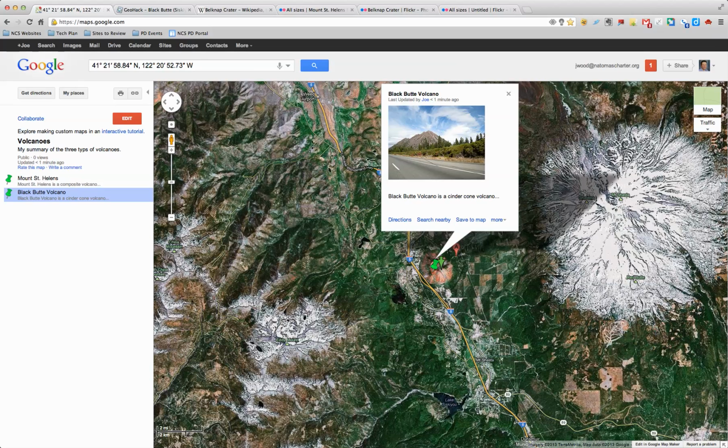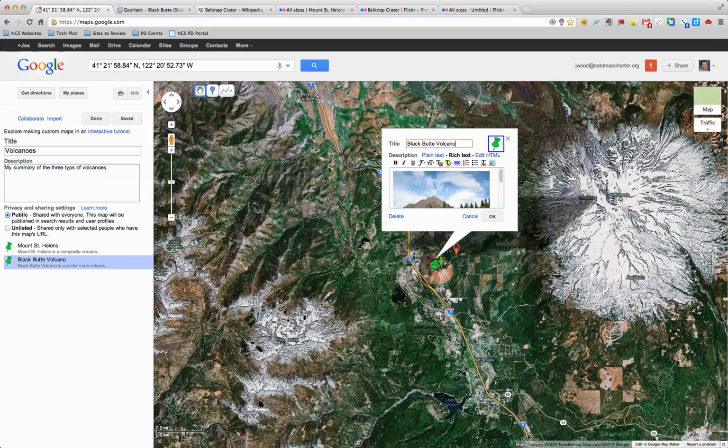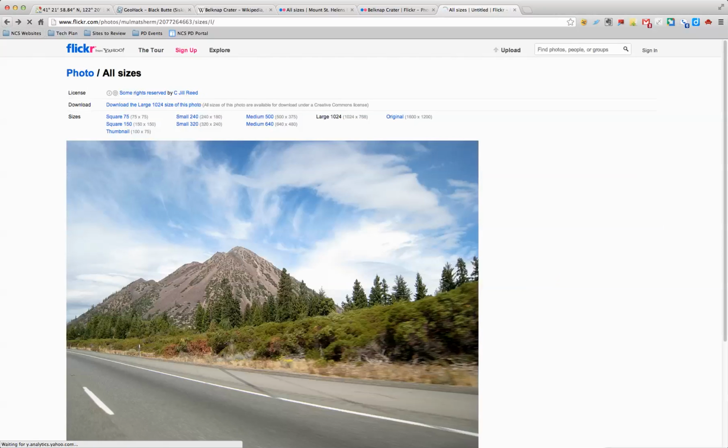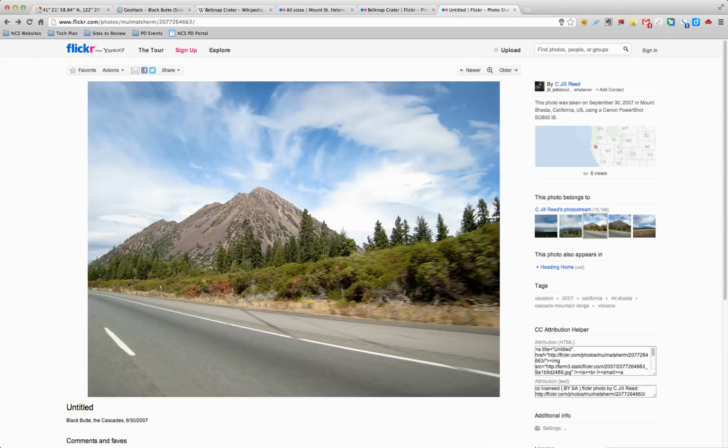But I'm noticing I forgot one thing. I actually forgot to cite my source. Where did I actually get the photo from? But that's okay. I can always click edit, and I'm back in editing mode. And in the case of Flickr, I can come back here, and Flickr is generous enough that if you do a Creative Commons search, you can actually get an attribution down here in the lower right corner. So I'm just going to copy the attribution,